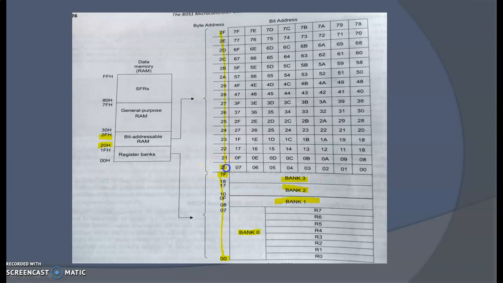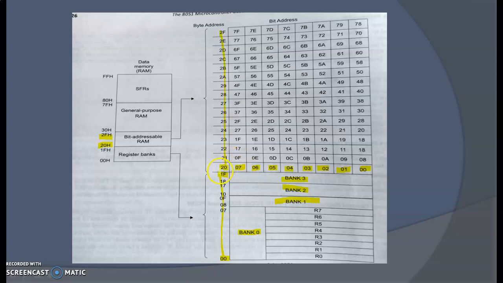So this memory location 20, it has 8 bits: 00, 01, 02, so on up till 07. So I can individually save the data in every bit of this memory location separately. That is why it is called as bit addressable RAM.